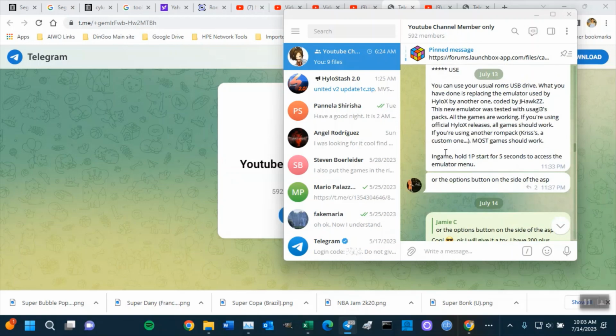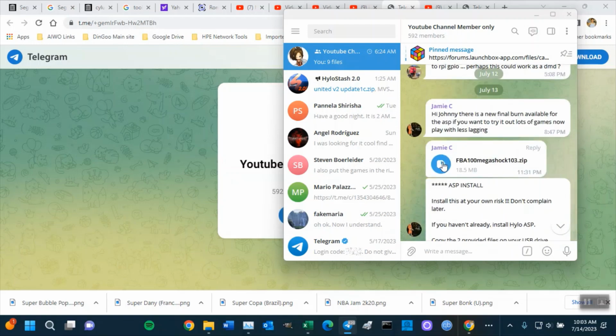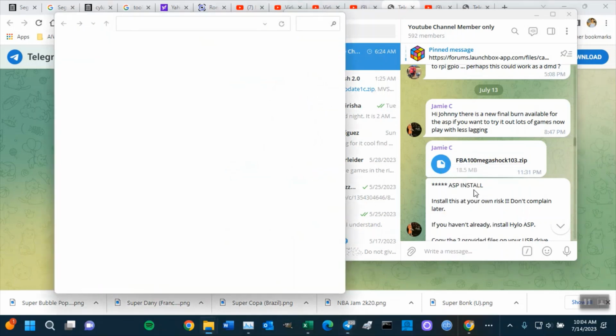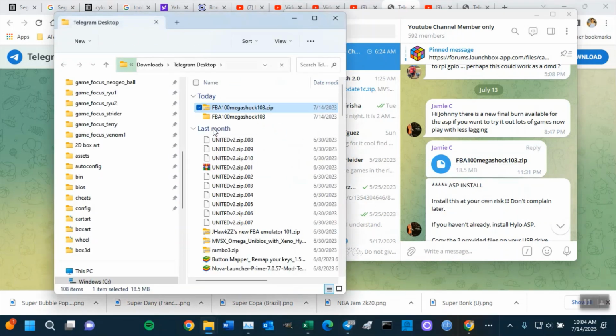For example, I just downloaded something recently, which I'll be doing a video on pretty soon, for the Neo Geo arcade stick. Those of you who spent a whole year creating this image, this image is very, very nice. Just click show folder, and it will take you to the directory where you're downloading, which is your desktop in your C drive. So if your C drive does not have 250 gigabytes,